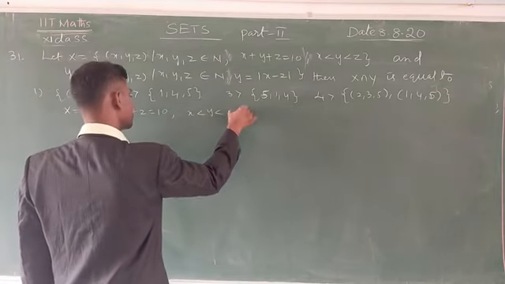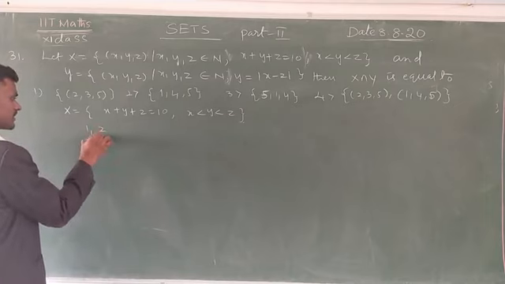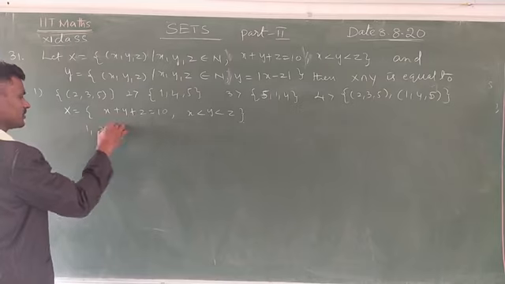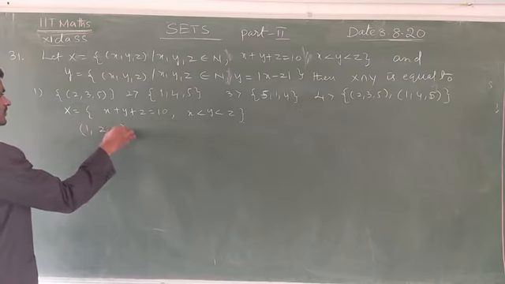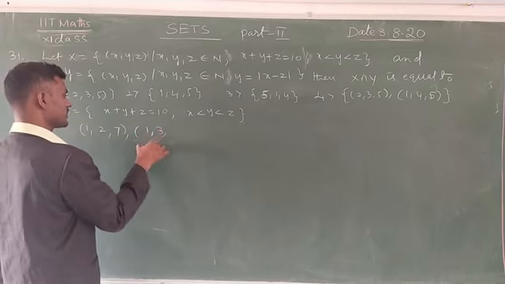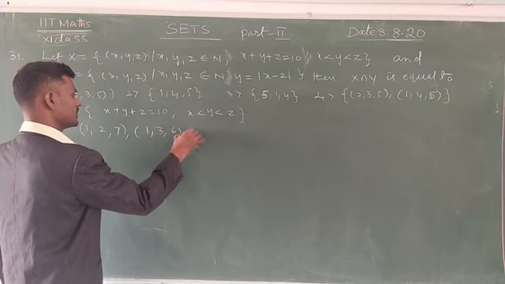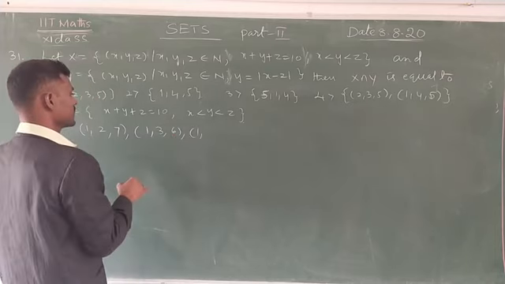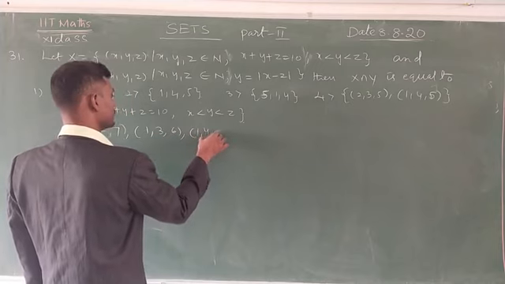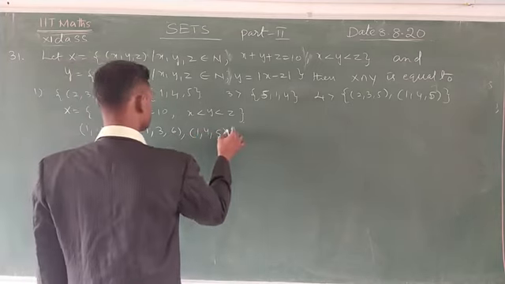Now see here, x is equal to 1, y is equal to 2, you can take here. 1 plus 2, 3. 3 plus how much is equal to 10? 7. This is 1 pair. Next 1, 3 you can take here. 1, 3, 4. 4 plus 6. Next 1, 4. 1 plus 4, 5. 5 plus 5, 10. Now not possible any number.